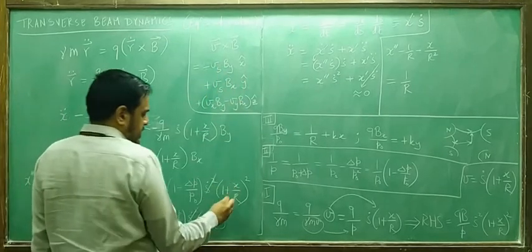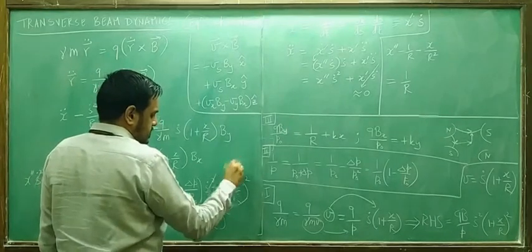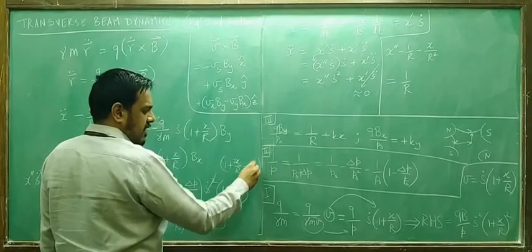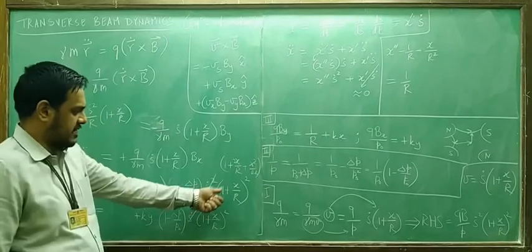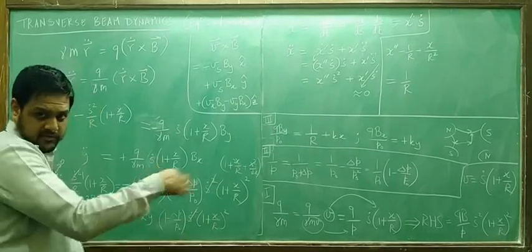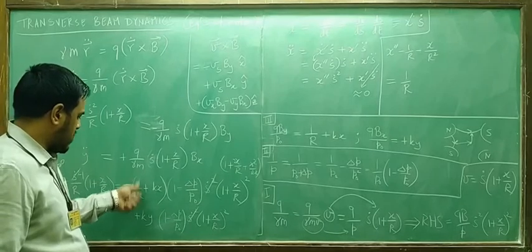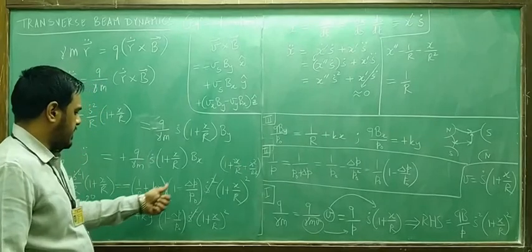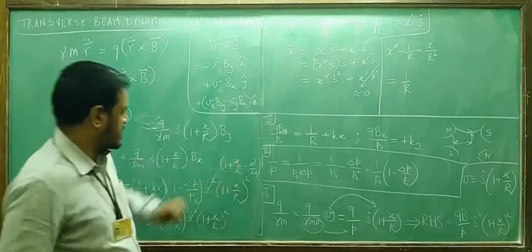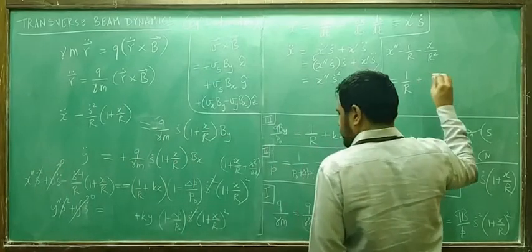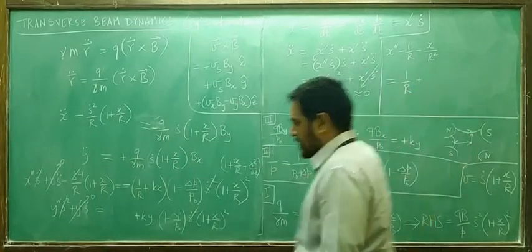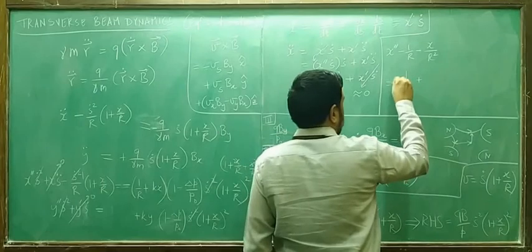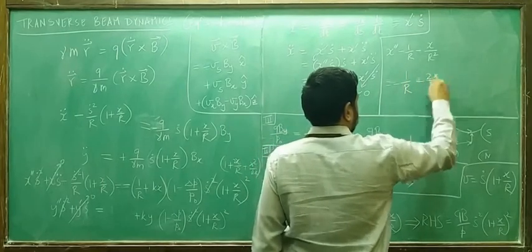By the way, this thing can be written as 1 plus 2x by r plus x square by r square. X square by r square is already a very small term that can be neglected straight away. So this is basically 1 plus 2x by r in terms of the expansion. So you can write this as dominant term into small term, which will be 1 by r into 1 into 2x by r, which will give you. Oh, there is a minus sign here, by the way. Don't forget that. So we get minus 1 by r minus 2x by r square.